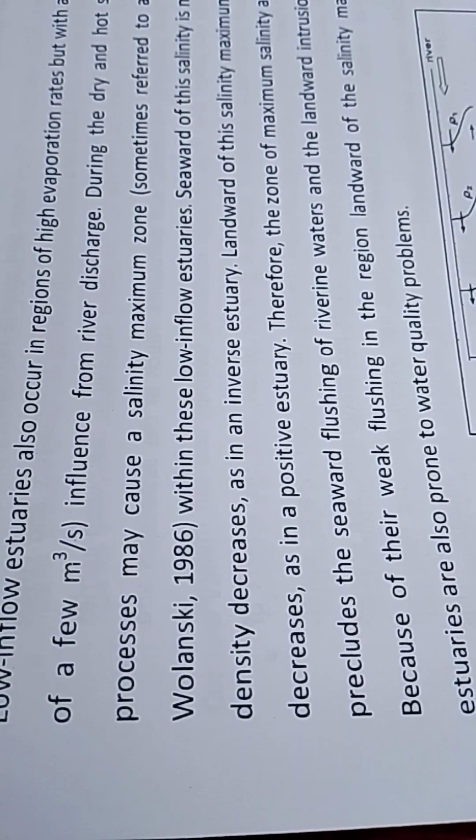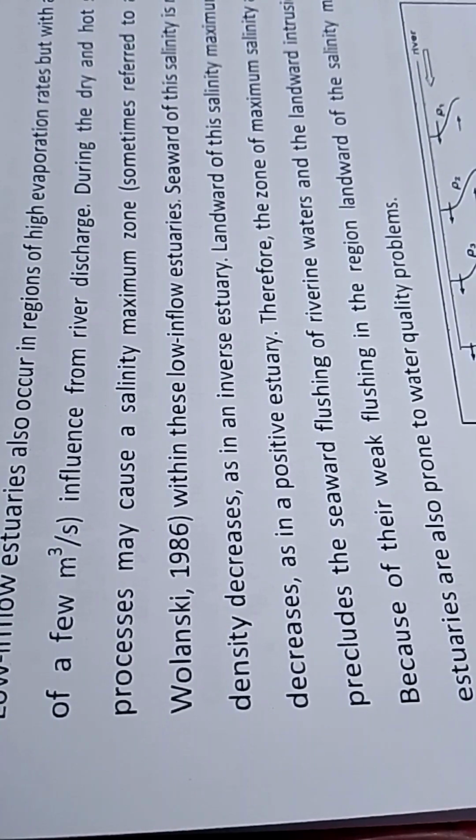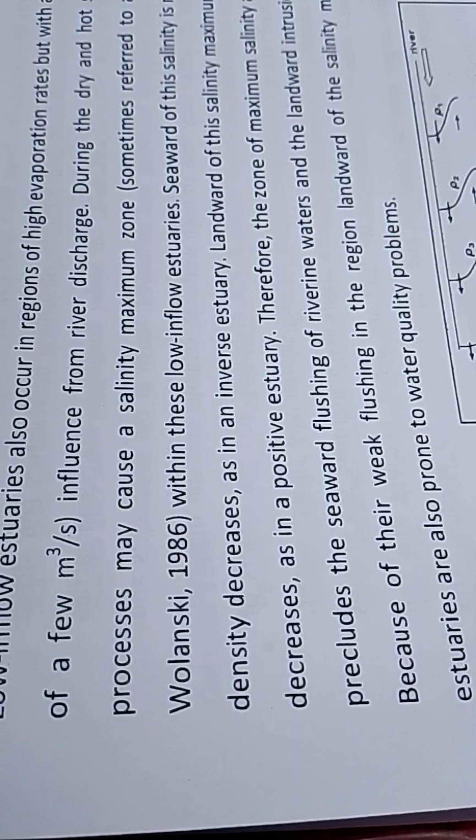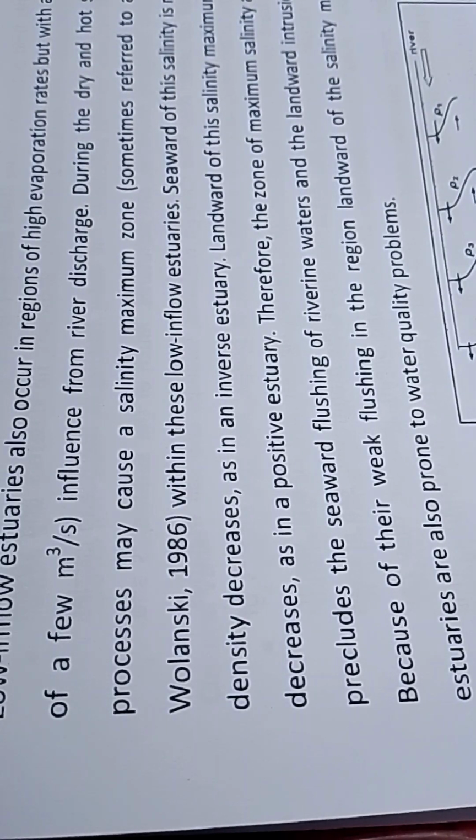Low inflow estuaries. Low inflow estuaries also occur in regions of high evaporation rate but with a small influence from river discharge, on the order of a few m³ per second. During the dry and hot season, the evaporation process may cause a salinity maximum zone, sometimes referred to as a salt plug (Wolanski, 1986). Within these low inflow estuaries, seaward of the salinity maximum,